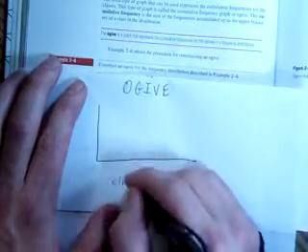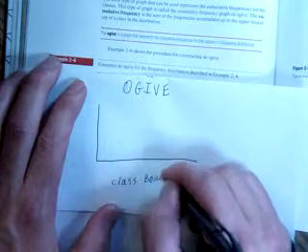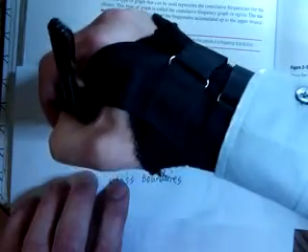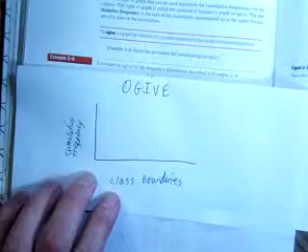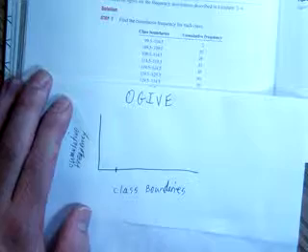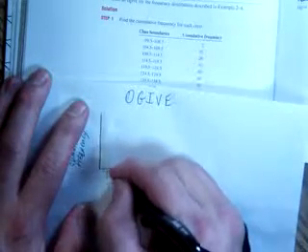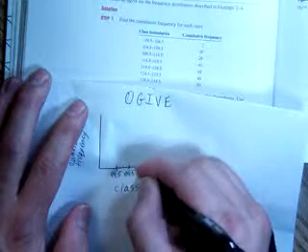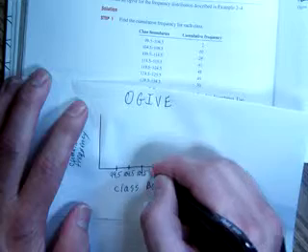It is similar to a histogram in the respect that it uses class boundaries on its x-axis. It will use cumulative frequency on its vertical axis, making it different than the previous two graphs. Now, if we're going to use class boundaries, let's start with the lower class boundary